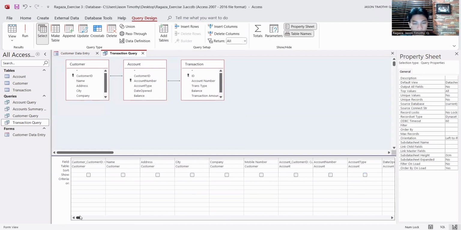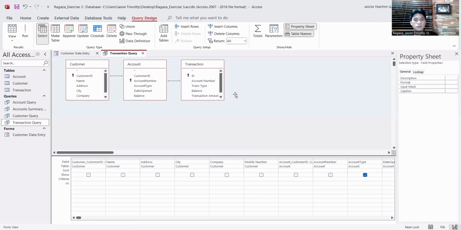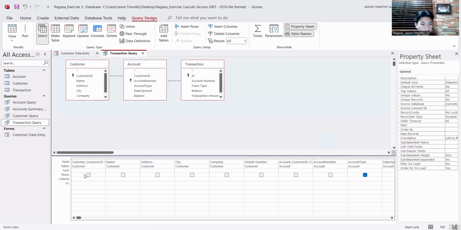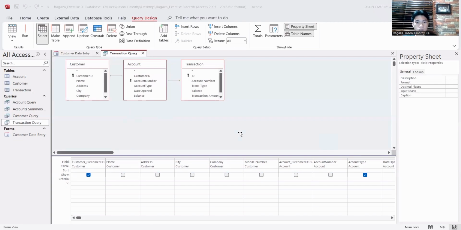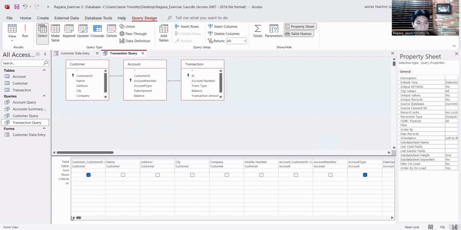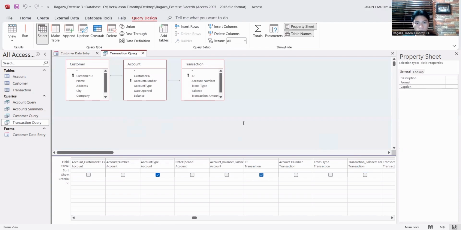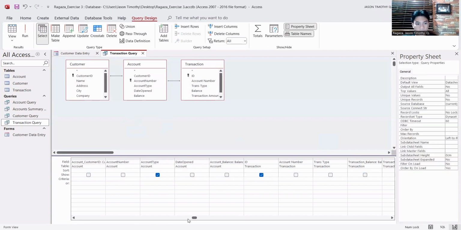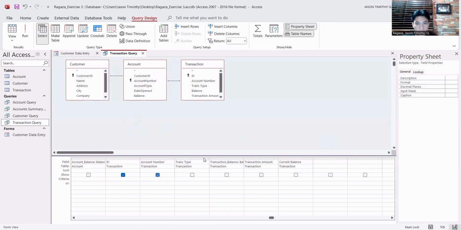First, we're going to select the account type. And then next is the customer ID. And then next is the ID, transaction, account number, transaction, and then transaction type, transaction balance, transaction amount, and then the current balance only.